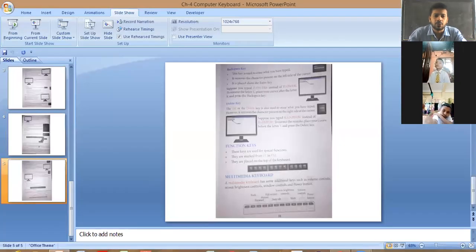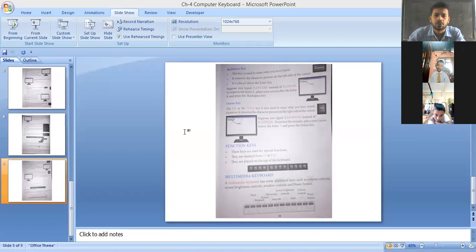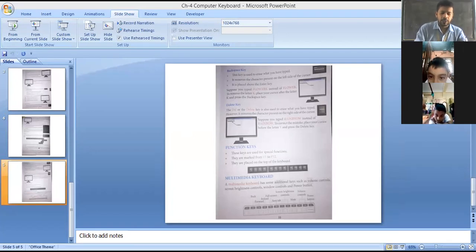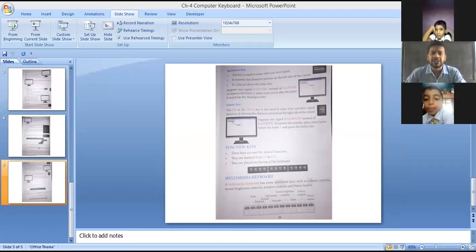Just to show you, I have opened Microsoft Word also. Here you can see, I hope all of you can see the screen. If I write here, good morning, MORNINF. Suppose, all of you know the spelling of good morning. What is the spelling of morning? MORNING, isn't it? But here, by mistake, I have written MORNINF.